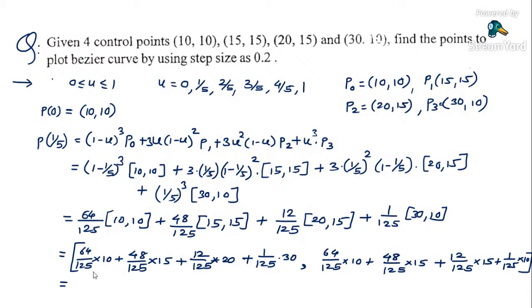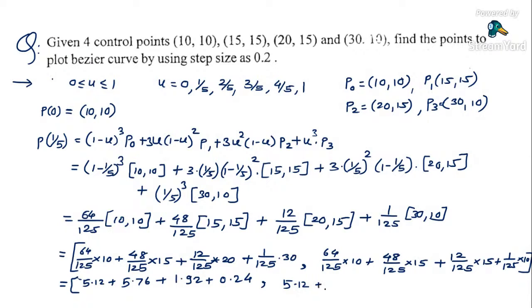Now find out the answer. You can use calculators to calculate it. 64 divided by 125 into 10 is 5.12, plus 48 divided by 125 into 15 is 5.76, plus 12 divided by 125 into 20 is 1.92, plus 30 divided by 125 is 0.24. This is x, and y is